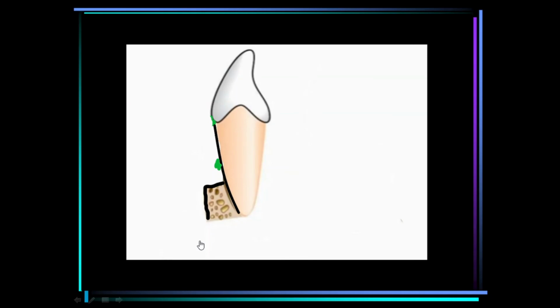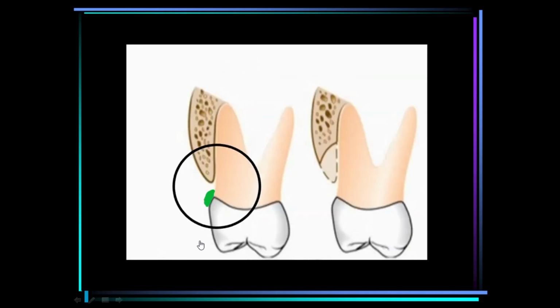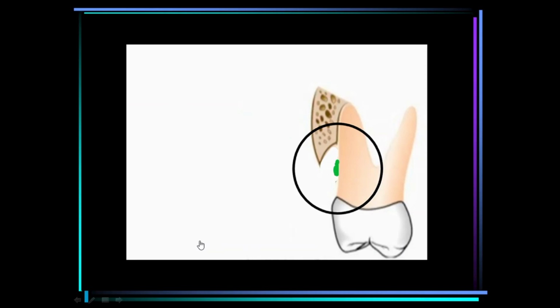Thick bone is there, deposition of plaque. Now we'll draw the radius of action of plaque, and the bone will now be removed in the same fashion, and hence the vertical pattern of bone loss is now seen. Now we'll see the same in the molar area. If we draw the radius of action of plaque in thicker bone, then this kind of bone loss will be seen, and if more deposition of plaque is there, the pattern will be a vertical pattern.